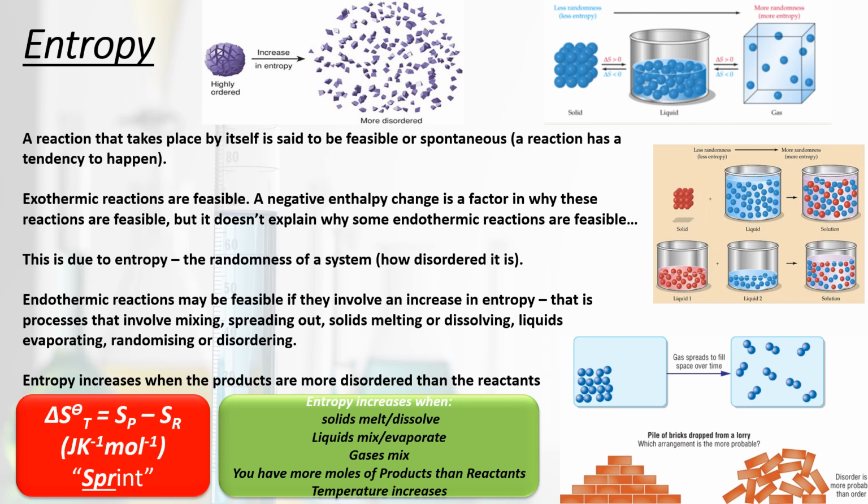Now you'll notice here that we're not going to be dealing with entropy changes in terms of the products and the reactants, but actually pure entropy. And we'll talk about this on the next slide. It differs from enthalpy slightly. The mnemonic I always use to remember it is sprint. So if we're dealing with entropy, S, it's products minus reactants. And the unit of entropy is joules per Kelvin per mole. So slightly different from, remember, enthalpy was kilojoules per mole. Typically, entropy values tend to be a bit smaller, so we use joules rather than kilojoules, but it's joules per Kelvin per mole. So there's also a temperature element in there because we've said that temperature can affect our entropy change.